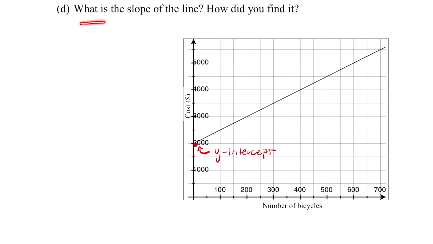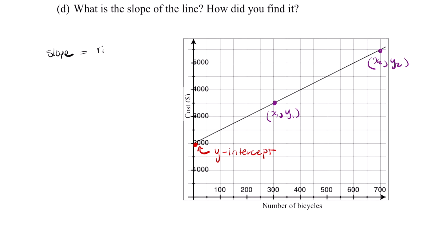Part D, what is the slope of this line and how did we find it? Let's start with the how. And I'm going to start by sketching out 2 points. This is x1, comma, y1. And up here I have x2, comma, y2. And let's ignore the values of the points right now. And let's just remember what slope tells us. Slope